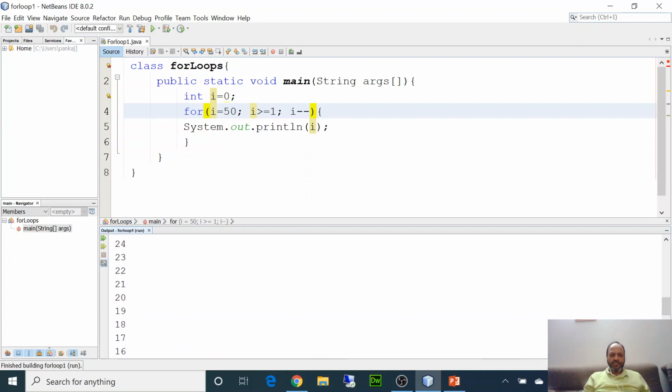See that. It starts from 50. Here the starting point is 50. So it starts from 50 and then it subtracts 1 from 50 every time. So first time 50, then 49, 48, 47, and it carries on as long as I is greater than or equal to 1. The moment I becomes 0, it is going to stop, right? We can change it further. We can also say I is equal to I minus